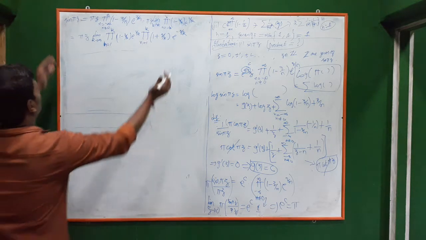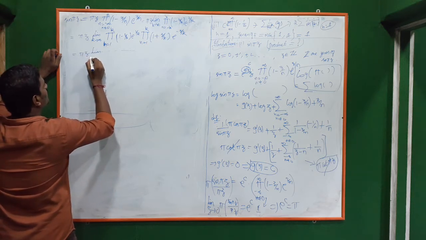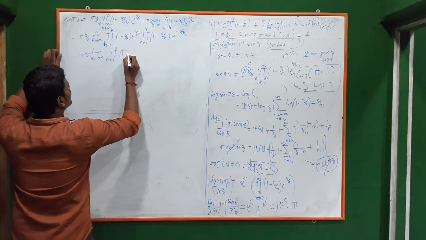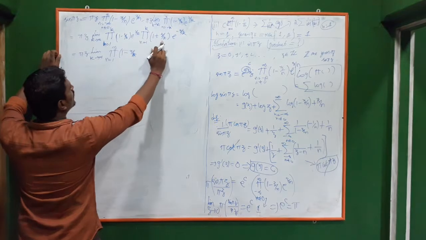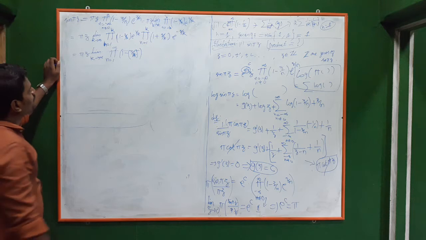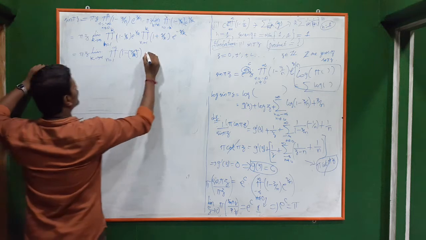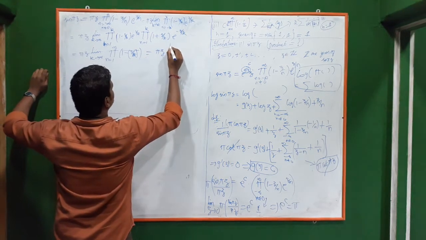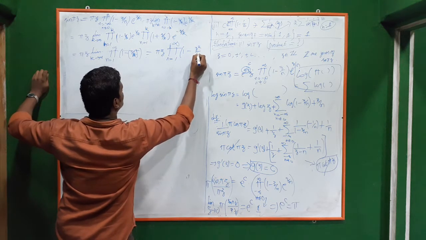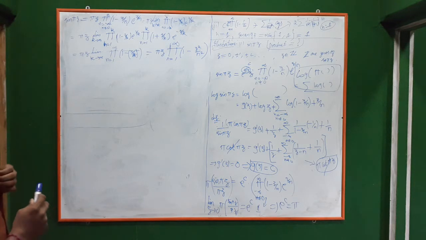Correct. So this can be combined into the same product. Pi z into limit k goes to infinity, product from 1 to infinity, 1 minus z by k into 1 plus z by k. That means 1 minus z square by k square, and e power z by k and e power minus z by k multiply to give 1. Which is nothing but pi z into the product n from 1 to infinity of 1 minus z square by n square. So this is the final representation for sin pi z.